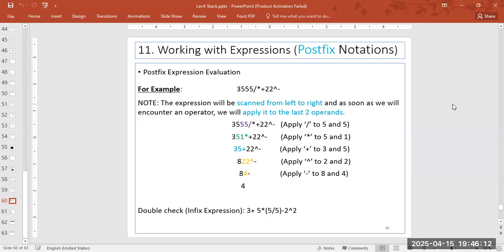Operator. Pop 1, pop 5. Calc 5 1. Push 5, stack 3 5. Operator plus. Pop 5, pop 3. Calc 3 plus 5. Push 8, stack 8. Push 2, stack 8 2. Push 2, stack 8 2 2. Operator, pop 2, pop 2, calculate 2, result, push 4, stack 8 4. Operator, pop 4, pop 8, push the result. End of expression, the result